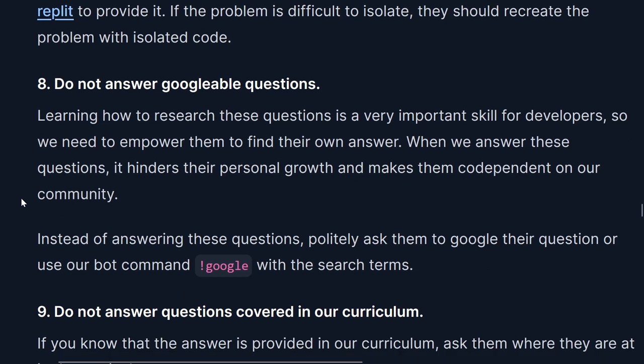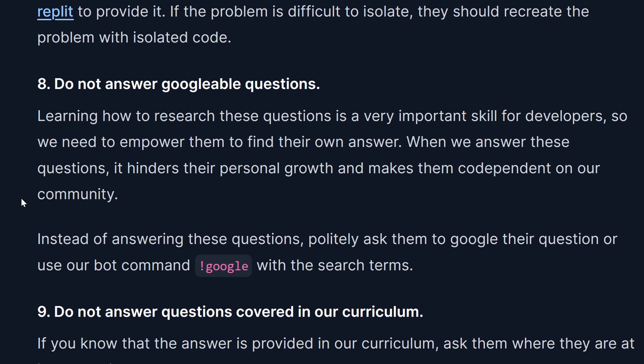Eighth, do not answer Googleable questions. Learning how to research these questions is a very important skill for a developer. So we need to empower them to find their own answers. When we answer these questions, it hinders their personal growth and makes them